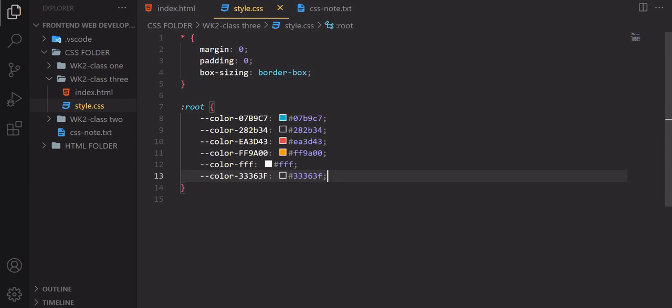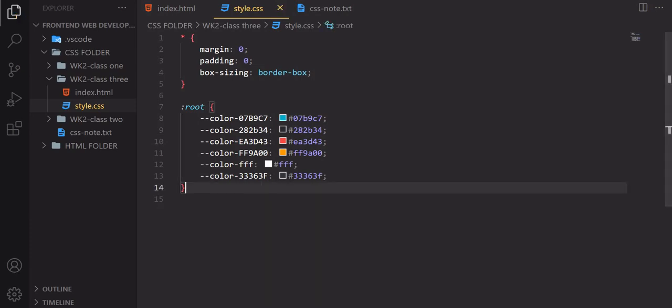We've created the custom properties, and mostly it's actually color, not even mostly, all of it is color. This is a custom property that we have created, and we are going to be using it in our code. So now let's proceed. Then the next thing I want us to do is to target the body, because if we